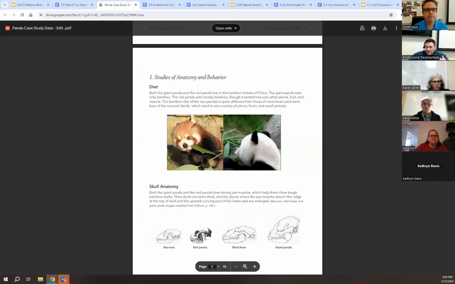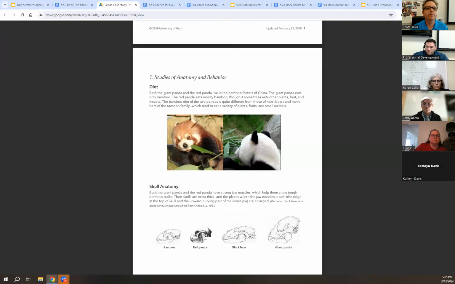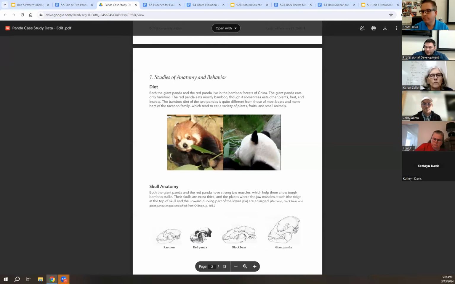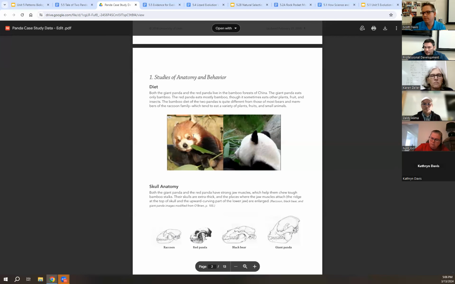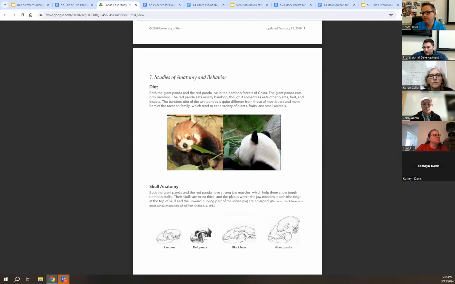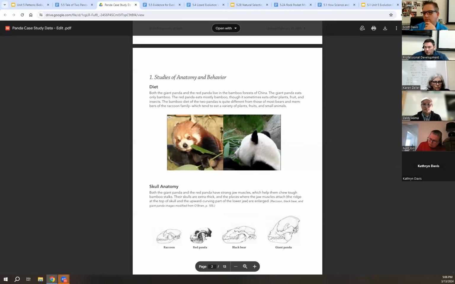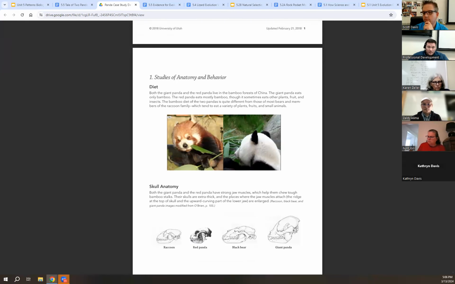But the idea is that you have these two animals. You have the red panda and then you have the giant panda. And the difference between them, the red panda is thought to be a descendant of the raccoon or be closer related to the raccoon, whereas the panda bear has always been thought to be a bear. I mean, it has bear in its name. So trying to figure out like where those links come from. And so you split them into groups to determine whether or not these two are in the same family. They are both called pandas, so you would assume that they are both in the same family, but